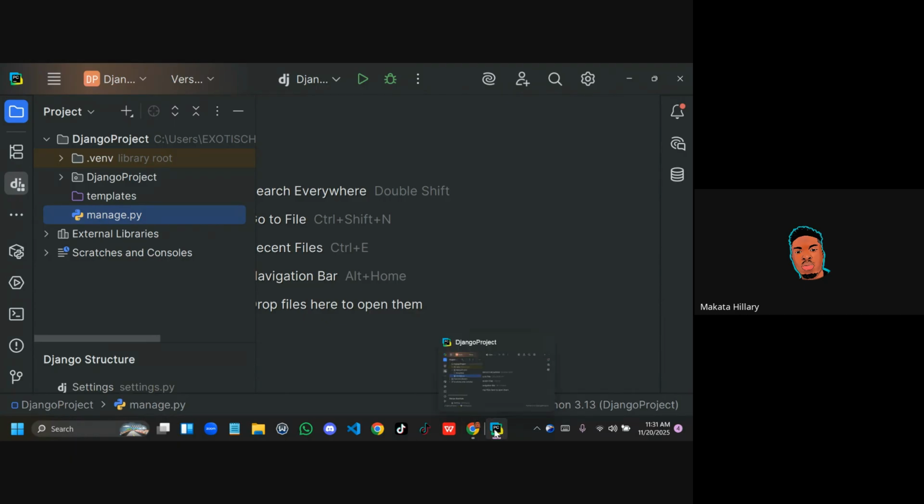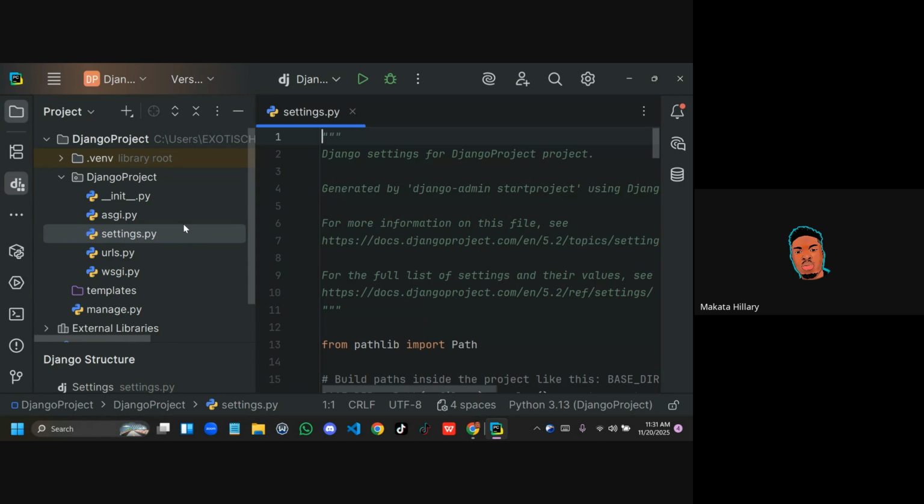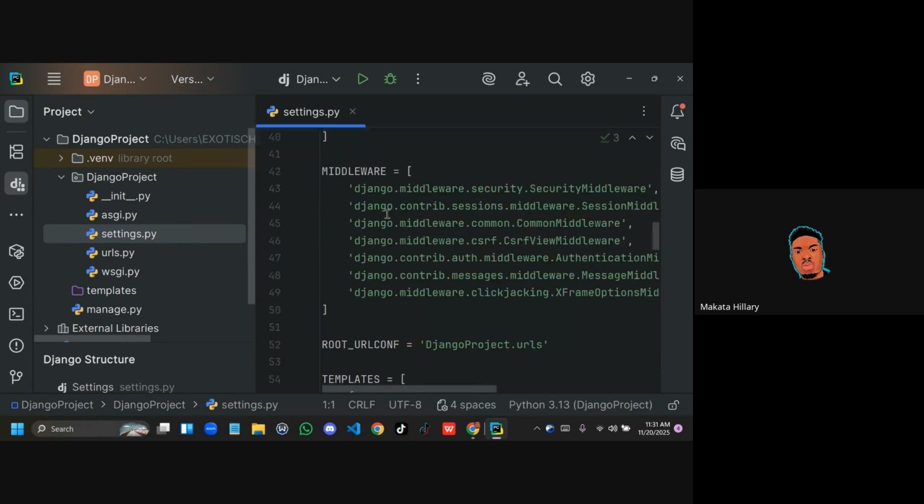Once we run this code now, once we make this migration, within this our project folder, it will create our database. By default, it's going to create an